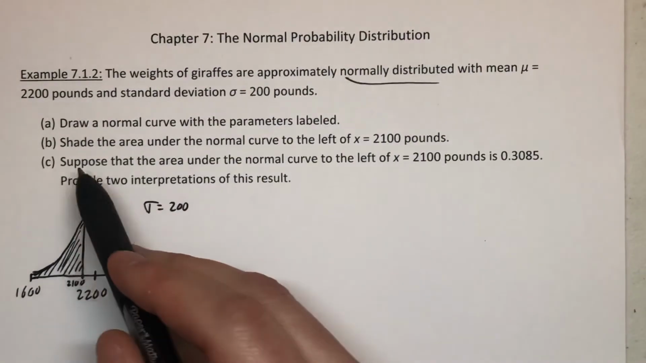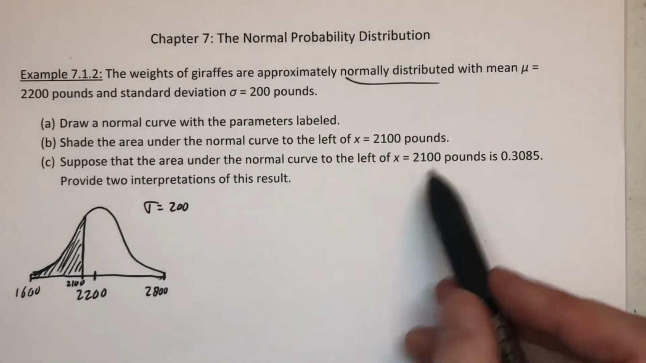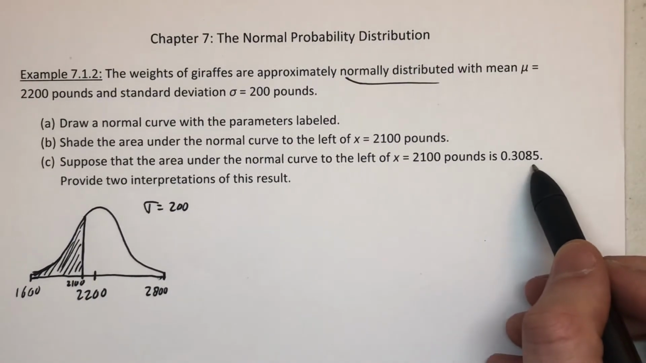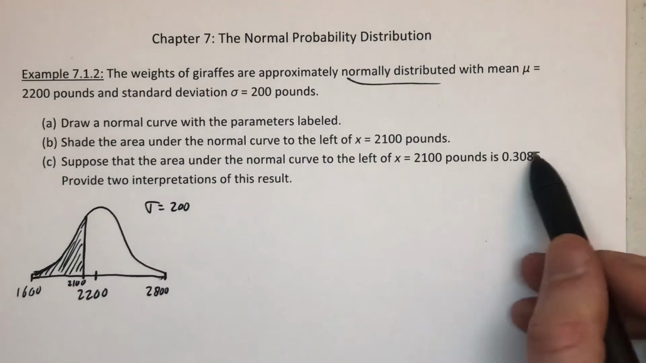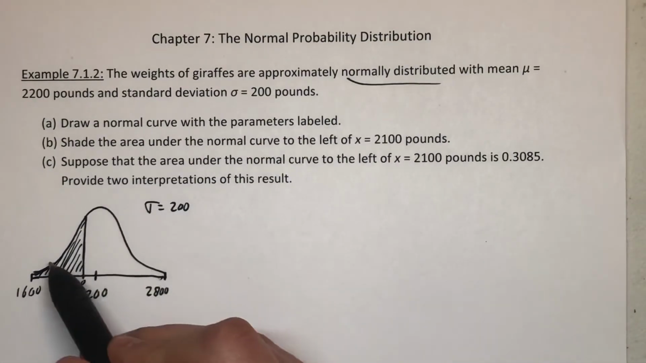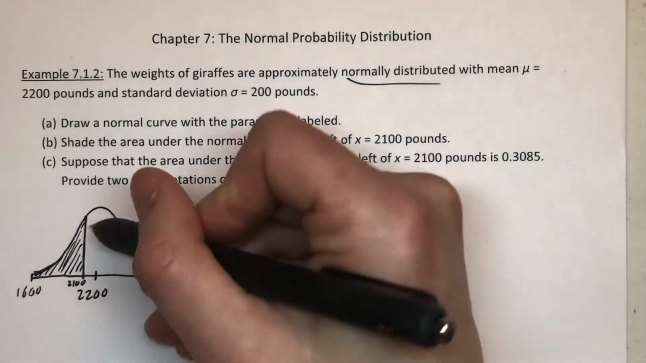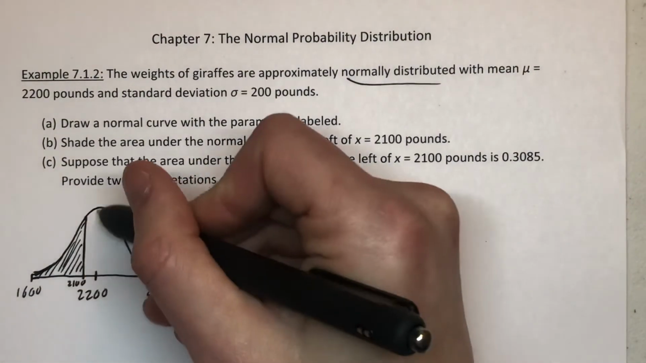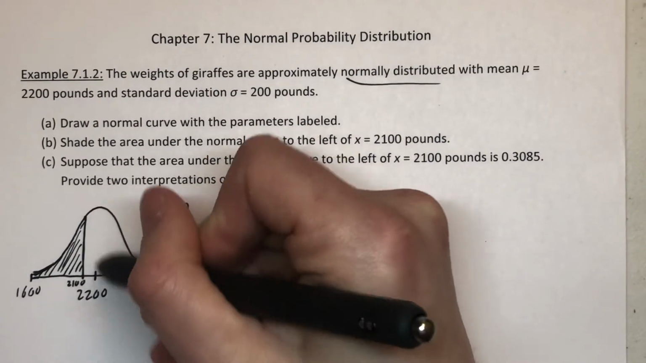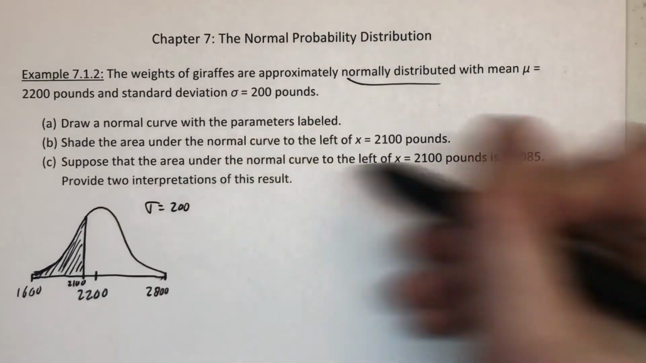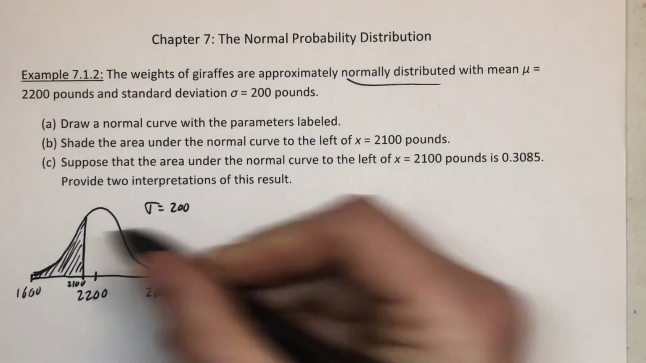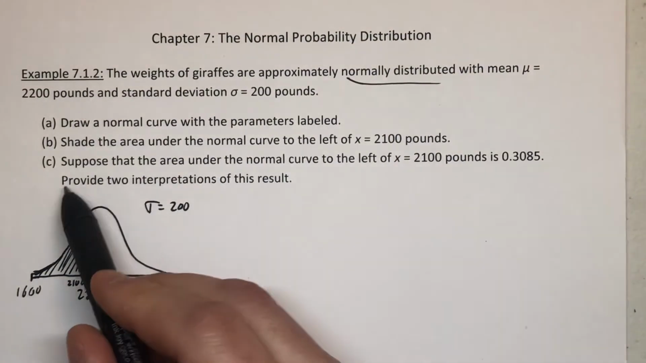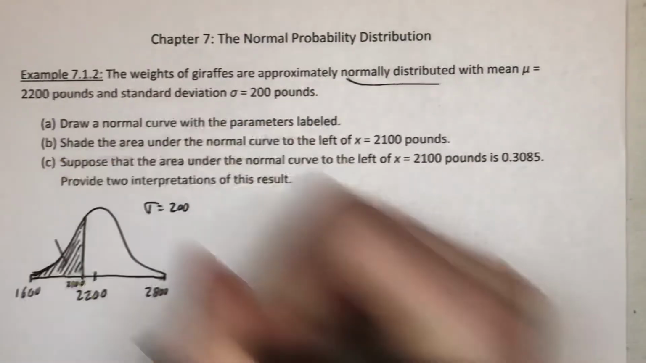And now it tells us, suppose that the area under the normal curve left of 2,100, so suppose this shaded area right here, was 0.3085. Now that makes sense. That's a value between 0 and 1 because the whole area is 1. It even makes sense because, since we're shading something left of the center, we would know that this shaded region couldn't even be half. It couldn't even be 50% because it's not past the halfway point. So it makes sense that that's 30.85%, so roughly 30% of our graph is shaded there. So it says provide the 2 interpretations. So we're saying that that area is